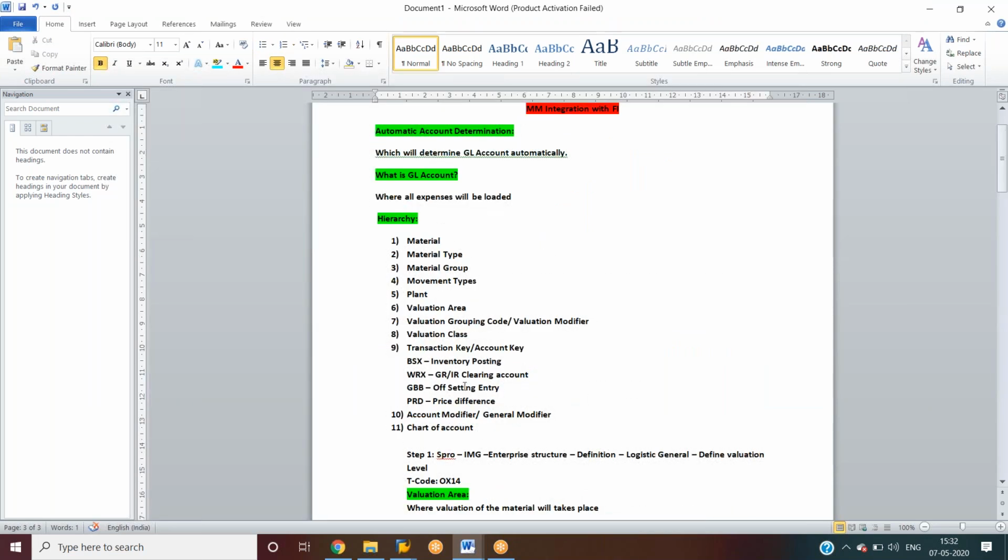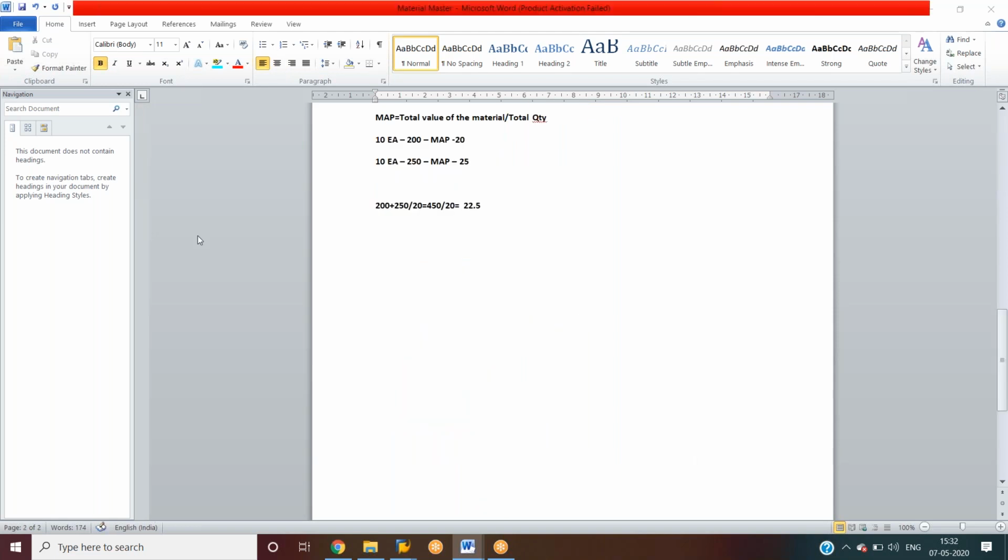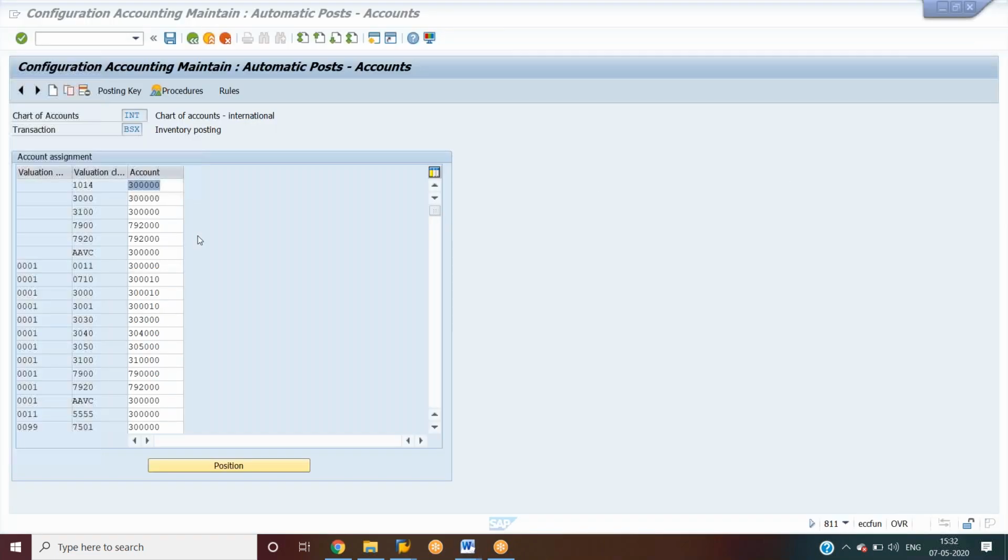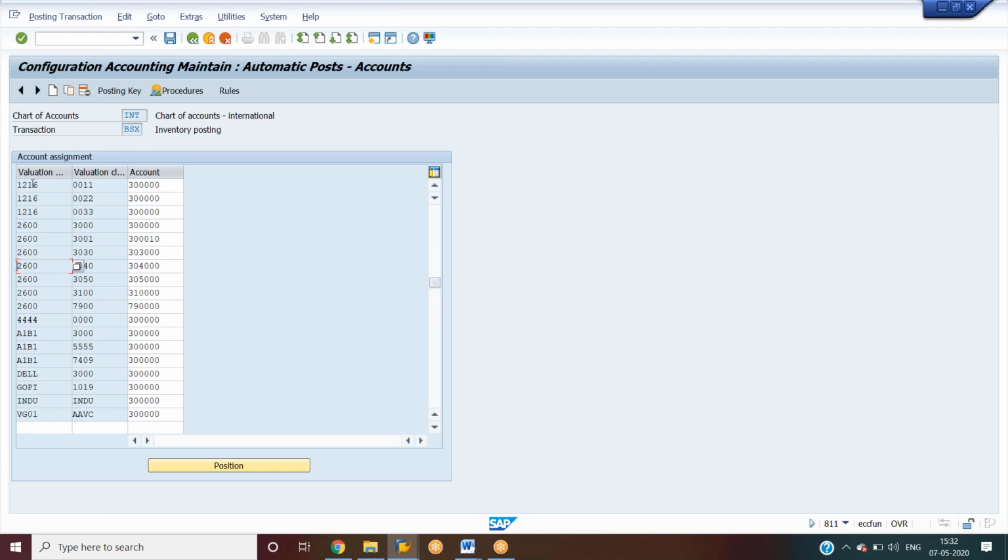Valuation grouping code is also called the account modifier. Valuation grouping code is nothing but a valuation modifier.